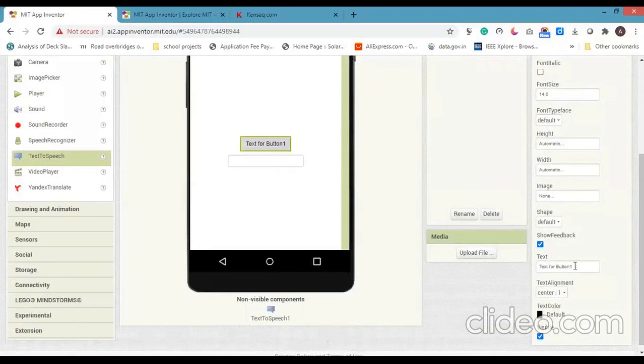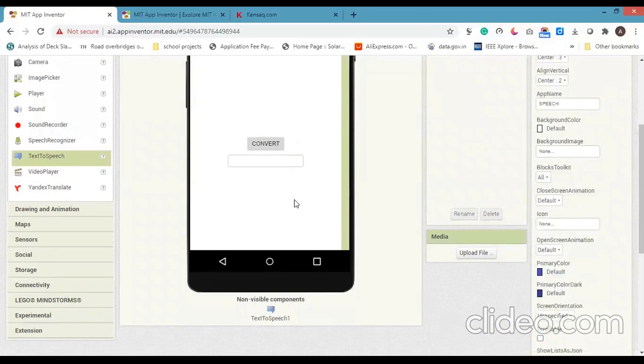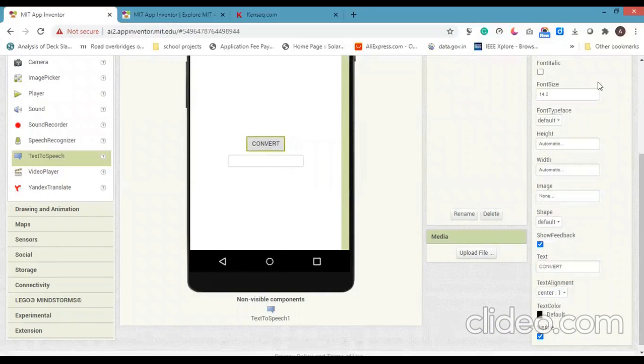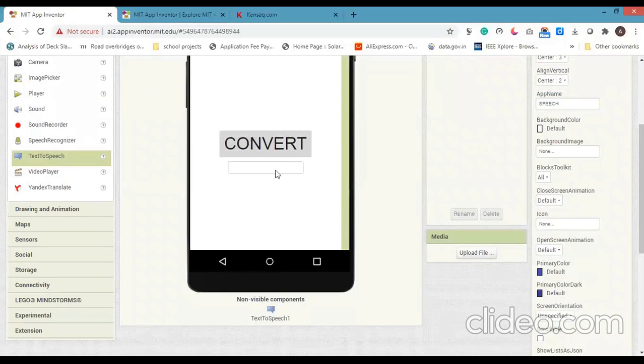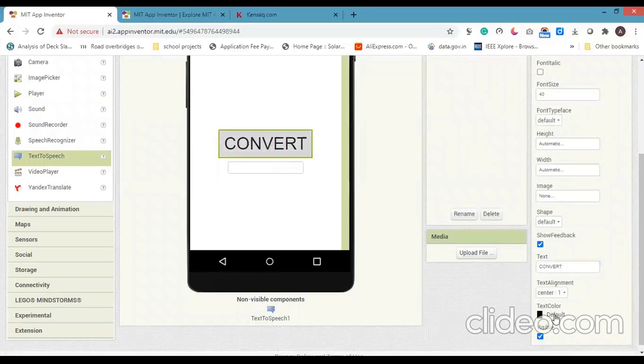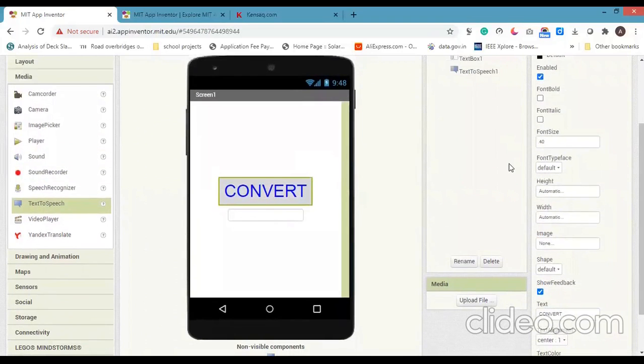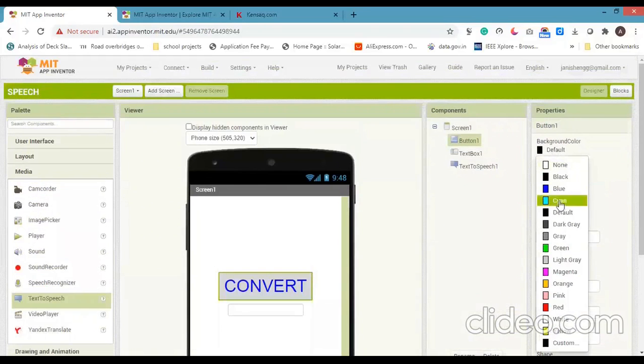I am changing the text. Now I am going to increase the font size. Now I am going to change the text color. Now I am going to change the background color.